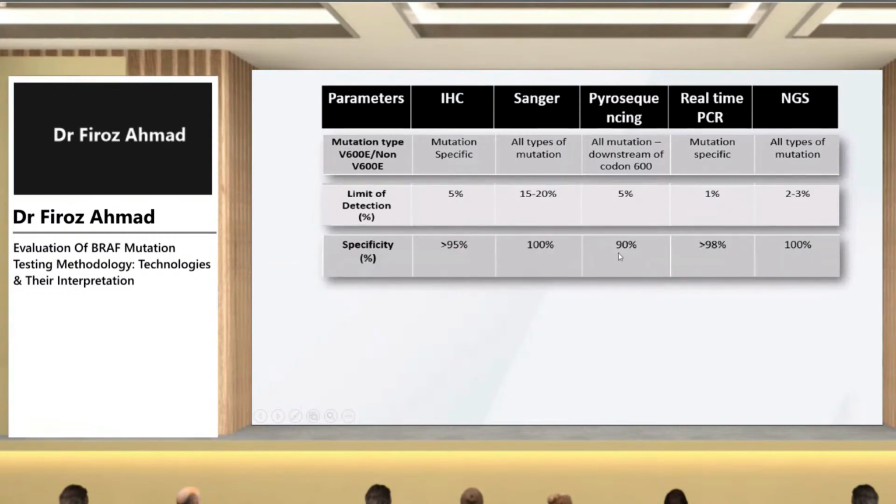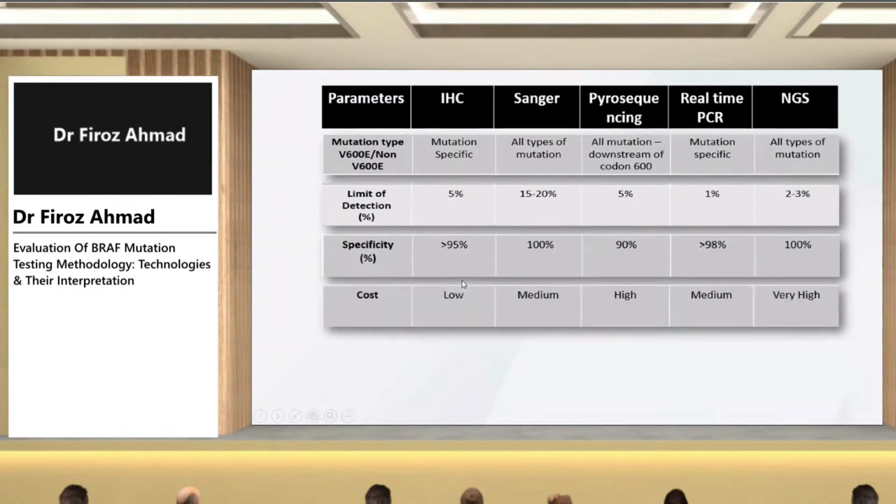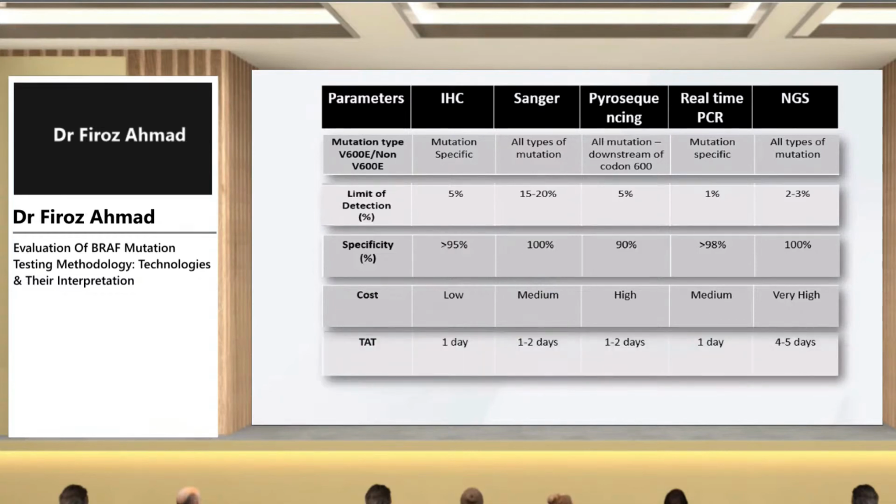Specificity-wise, almost all the technologies are good enough, and they have more than 90 to 95% specificity. But again, Sanger and NGS stand out with respect to the other methodologies. As far as the cost goes, definitely IHC is low cost, whereas Sanger is medium cost, and pyrosequencing and NGS are relatively high compared to other technologies, and real-time is medium in terms of cost per test. And TAT-wise, again, IHC is pretty fast. Sanger is around 1 to 2 days. Pyrosequencing is around 1 to 2 days. Real-time is 1 day. NGS is a bit longer because you need to pool samples, and it has multiple steps before